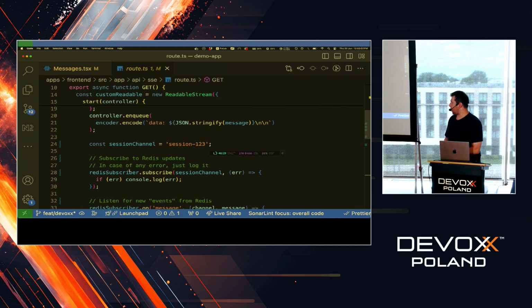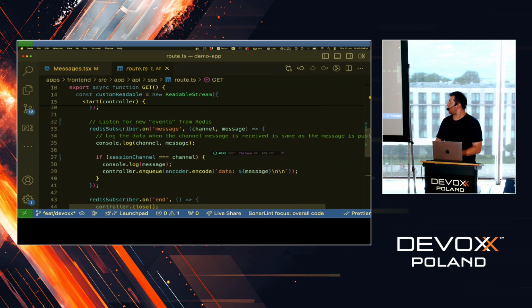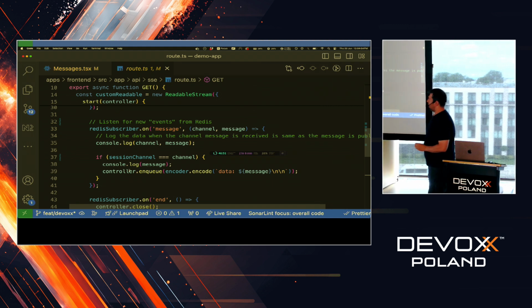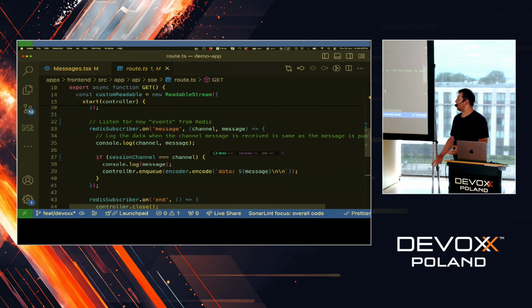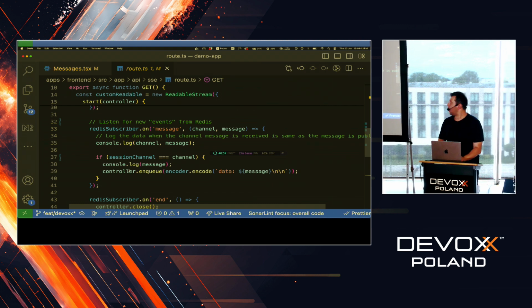So we are trying to subscribe to the changes in line 28. And if there is a message, and this message has the same ID as the channel we are listening to, we are adding this message to our server's endpoint